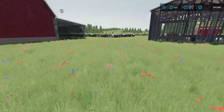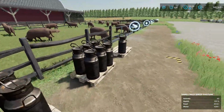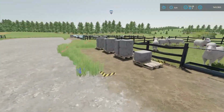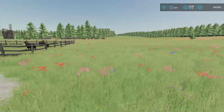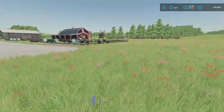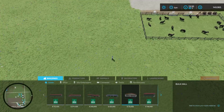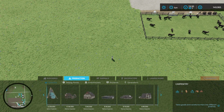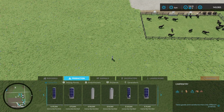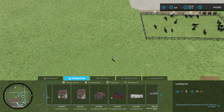Let's come over here. So let's think out loud for just a second, guys. I've got milk, right? Oh, we're getting a lot of milk. And we're getting a lot of wool. I think we just put it... We could put it on the backside, right? Maybe we can put them over here. So let's look at our productions. Productions, factories, and let's see what our options are for spinneries and/or dairy products. So farm productions,